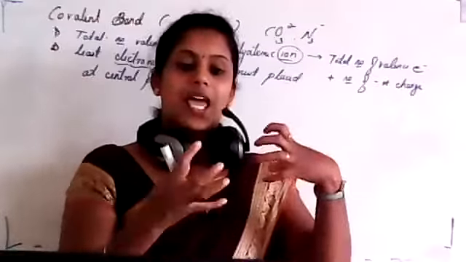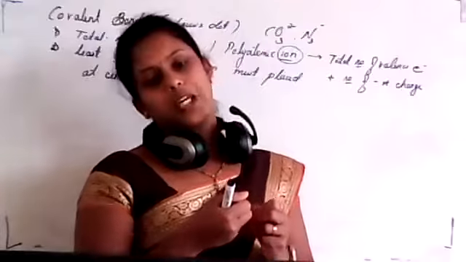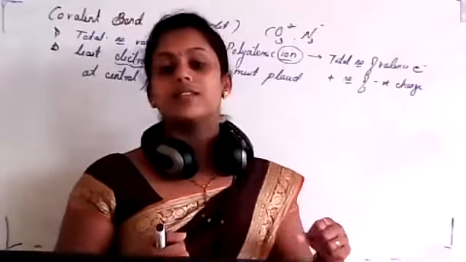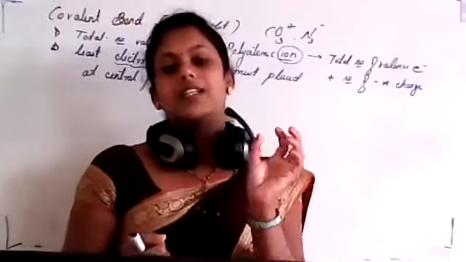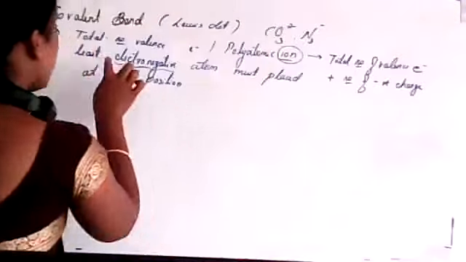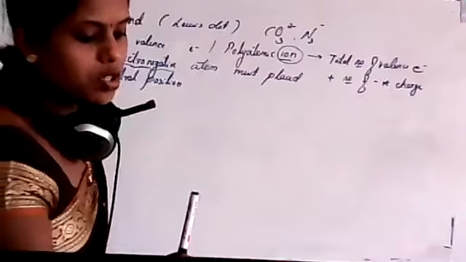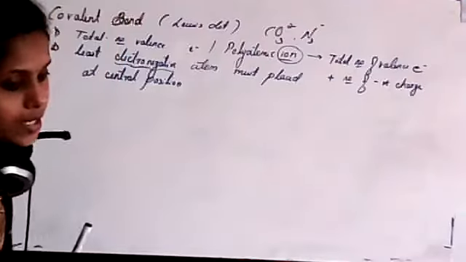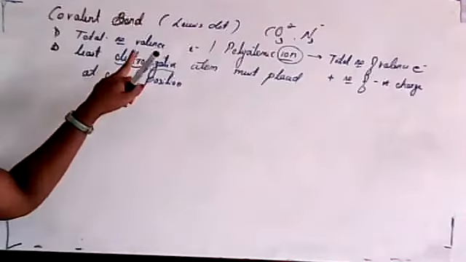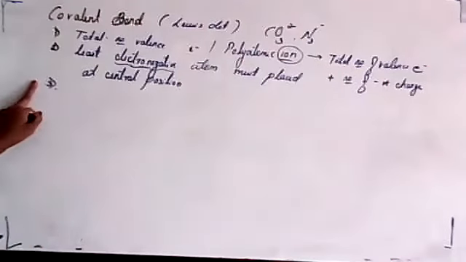So that means it is the ability of that atom or ion to attract the pair of electrons towards itself. That tendency or ability is known as electronegativity. Here it must be the least electronegative. The center position must be taken by the atom or ion with the least electronegativity. Clear? And the third step is,